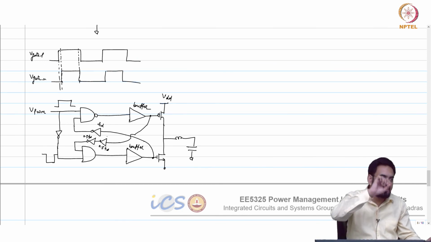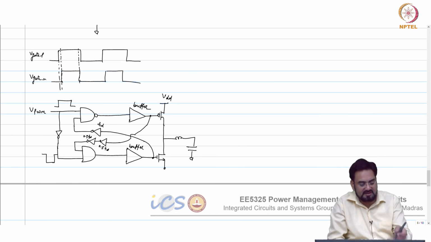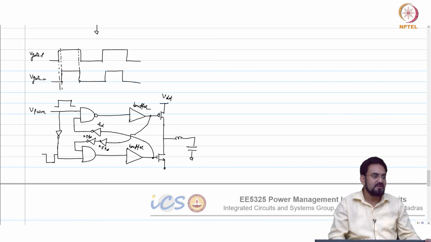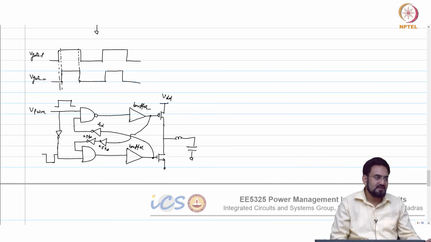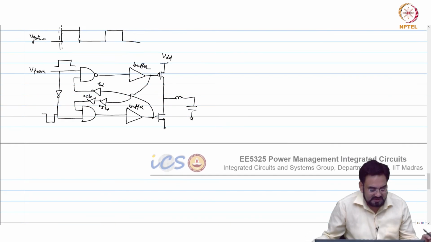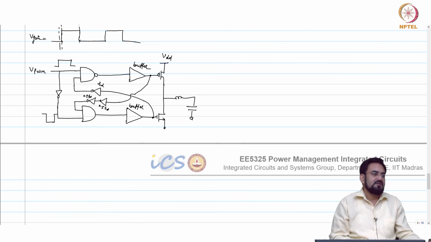But if you are looking from, let us say, below half of VDD, very close to 0, then you have to consider that 0.5 nanosecond delay from this, because you do not know, this inverter may really be tripping at VDD by 2 or VDD by 3 or VDD by 4. It is quite possible, depending upon how these are sized, that it has a skewed threshold. And you can basically change this TD to change your non-overlap time.